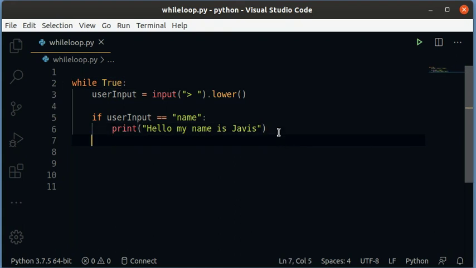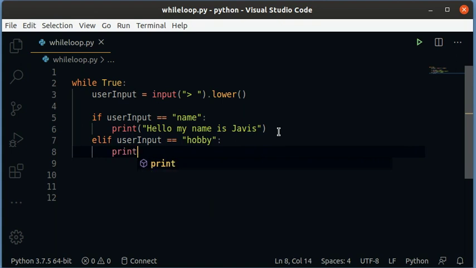So now let's write another elif, user input equals to hobby. So if you type in hobby, it will print out something on the screen. Jarvis will say